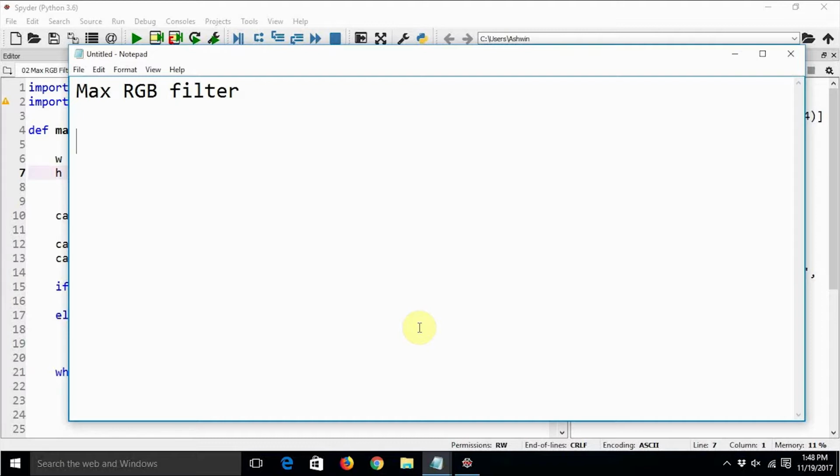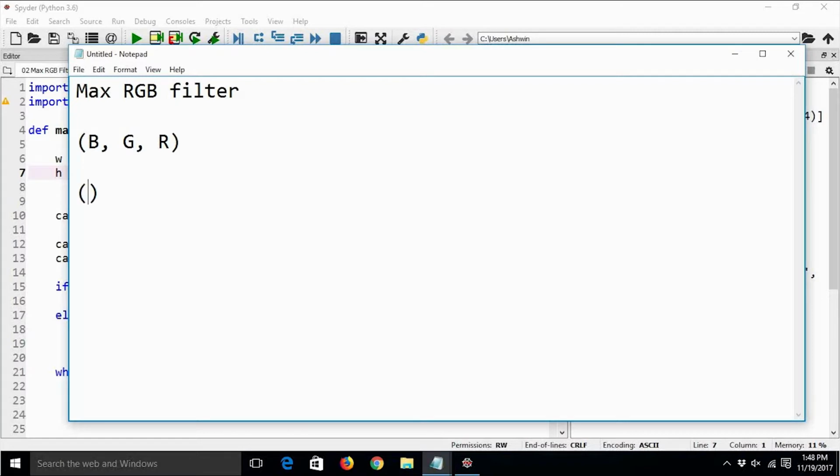We know that any pixel in the image has three components, B, G, R, or even we can say RGB, because BGR is the kind of color space chosen by OpenCV to represent the image. Let me explain this by example.